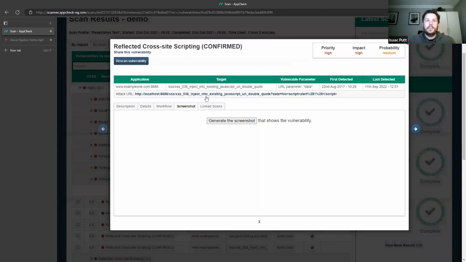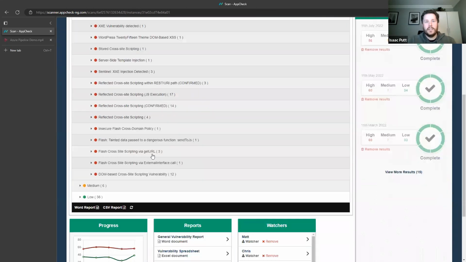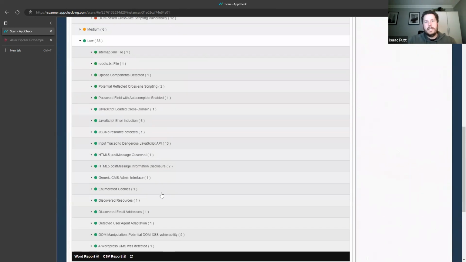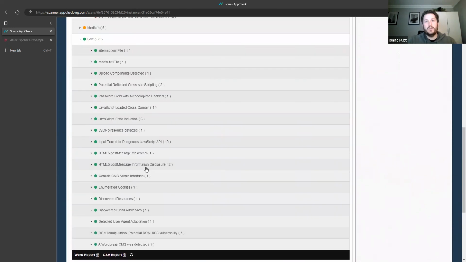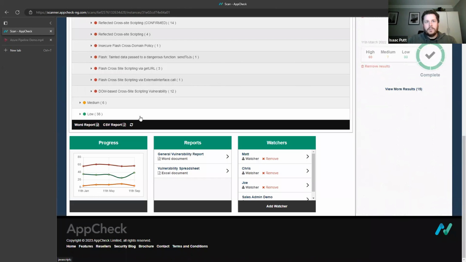So this is the workflow of going through those highs, through more to the advisories and the generally good information to have at the bottom, the lows, giving you reports on the likes of enumerated cookies, or it could be open ports or so on down here as well. But there will also be, in a live environment, it's not available in a demo environment, but in a live environment, will also be info.